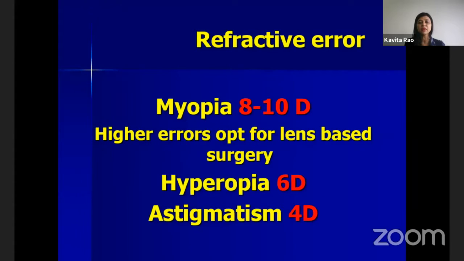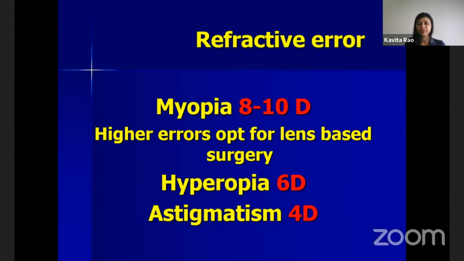Now, what about refractive error? Typically, I feel the maximum is if the error is more than 10. I know that as a practice pattern, till 12 or 13 people do LASIK, but I feel if it's more than 10, I've written 8, I know that's probably too radical for many, but if it's more than 10 diopters, it's probably better to opt for a lens-based surgery, because even if you have adequate corneal thickness, these patients are the ones who are going to keep coming to you with night vision issues. And of course, hyperopia and astigmatism, we know. This is the range of refractive error that you are dealing with.